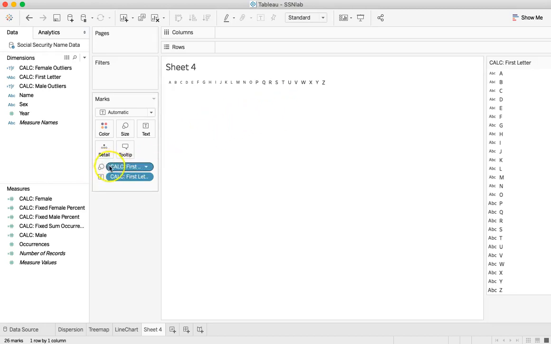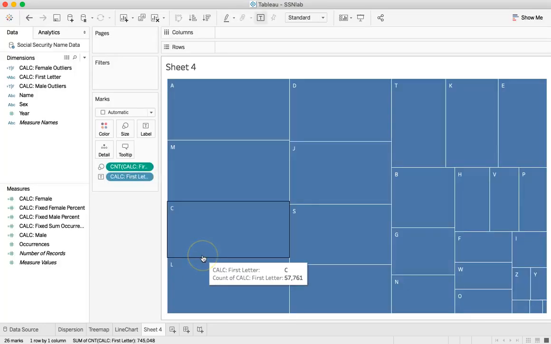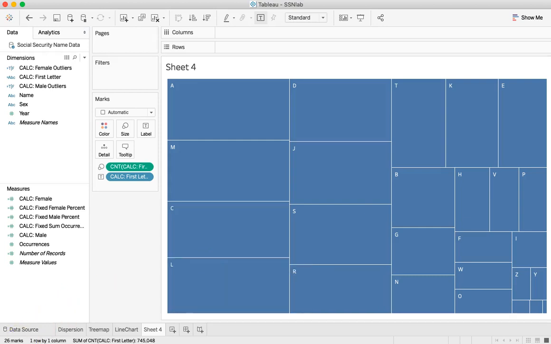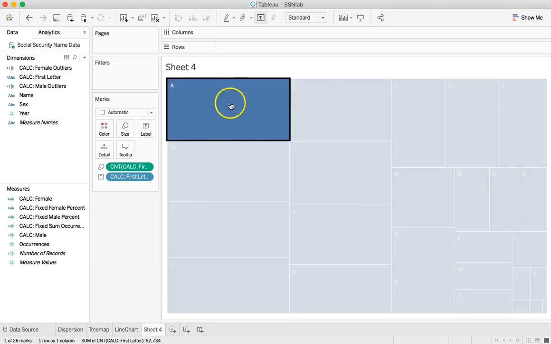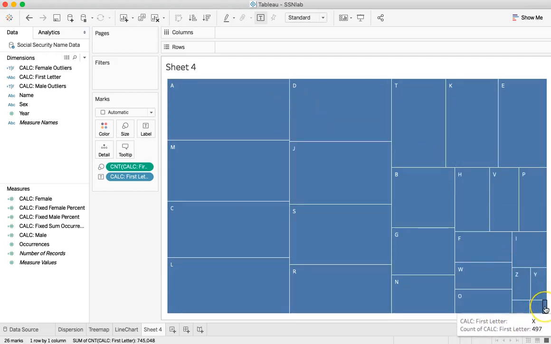So on this size button here, on the size card, click on the drop down, and then we are going to change it from a dimension into a measure. And the measure is going to be the count. And then that turned it into a tree map. And while this in and of itself is really cool, and you might want to play around with this tree map a little bit, and notice that X is the least common letter to start a name with,